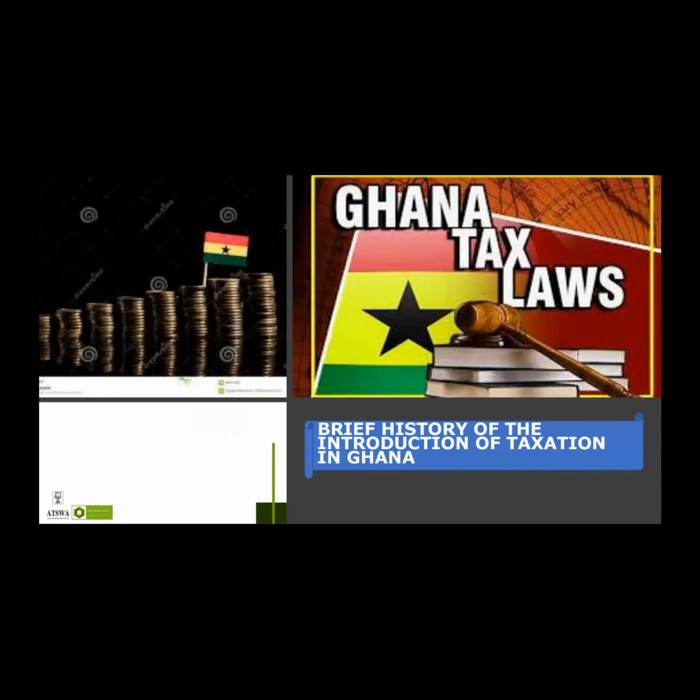It should be noted, however, that before the introduction of income tax in 1943, several attempts had already been made. For example, as far back as April 1852, the Poll Tax Ordinance was passed to raise money to finance the increased cost of British administration. Under the ordinance, every man, woman, or child residing in districts under British protection was to pay 1 shilling per head per year.